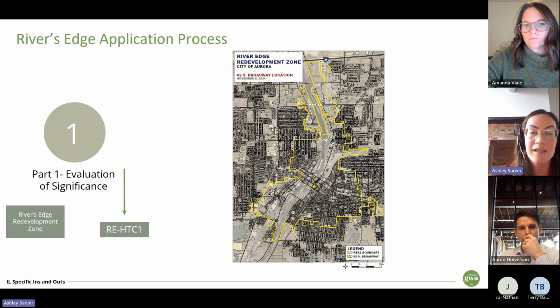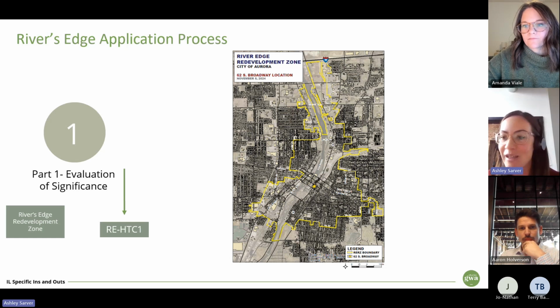Obviously, you want to be able to incorporate as many historic buildings as possible, as the benefit really lies in being able to access the credit. But as part of the Part 1, this is where this map comes into play, because you're having to submit this with the REHTC1 form, which is just a long way for additional gathering of information for the River Edge